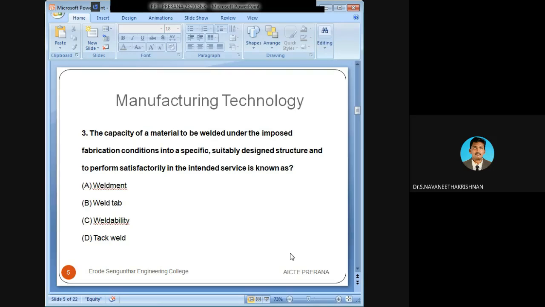The options are: option A is weldment, option B is weld tab, option C is weldability, option D is tack weld. Here the correct answer is weldability. The weldability of the given workpiece material is the capacity of the material under the imposed fabrication conditions. Okay, the next question is,